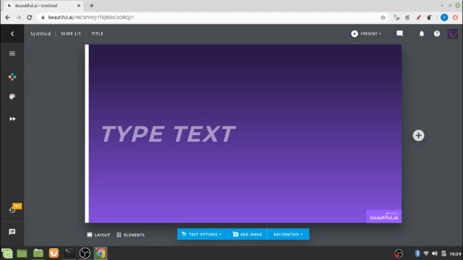So it is at present shown as untitled, but you can change the title as per your need. So let me try to add a title to this presentation. Say it's a demo presentation. Then on the bottom left corner, you will see this option for layout, and there is one option for elements. You will see all these options one by one.